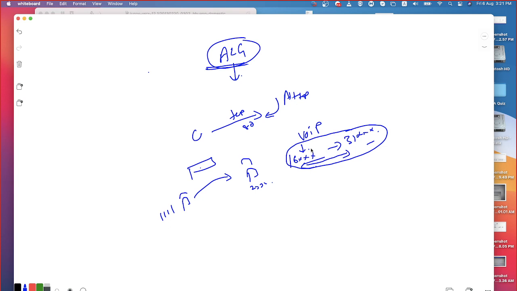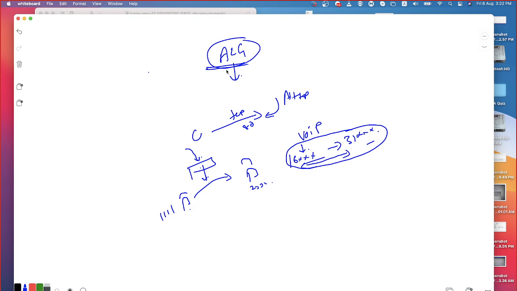So we need a mechanism to understand whether the requester has actually requested that particular port number for their communication or not. What happens when the client is trying to initiate a connection? They will negotiate the port numbers, what port number we are going to use. Now this ALG feature on my firewall will look into that negotiation and those port numbers can be dynamically opened, and once the session is over and the call is disconnected, whatever port numbers were dynamically opened are going to be closed.